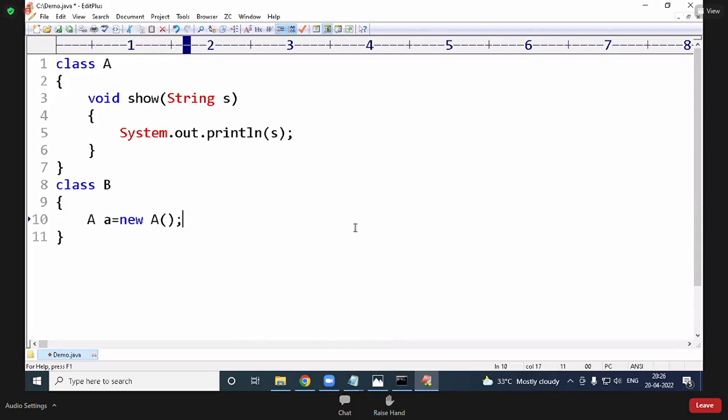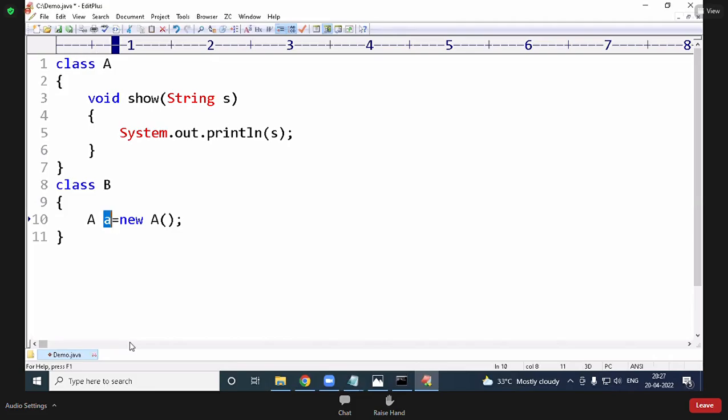Now, what is small a? It is an object reference of which class? A class. It is a member of which class? That object reference, can I call it a variable? Is it an instance variable, class variable, or local variable? What happened?